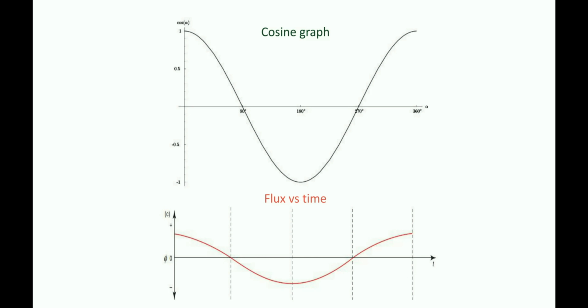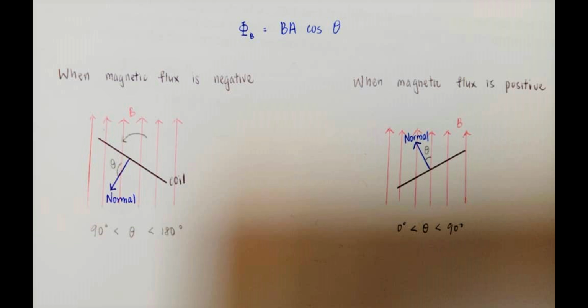From there, we can also say that the graph of magnetic flux against time has a similar pattern to the cosine graph. Before we start, it is important to note that we have to pay attention to two aspects when plotting the graph, which are the magnitude of magnetic flux and theta. Theta can be determined by finding the angle between the normal to the coil and the magnetic field lines. With theta, we can just use the formula of magnetic flux, which is BA cosine theta,